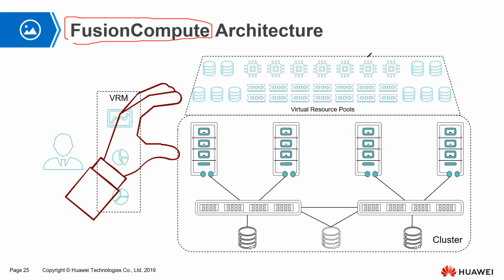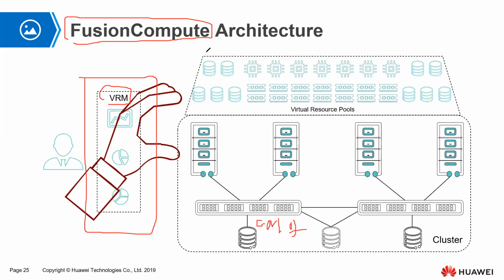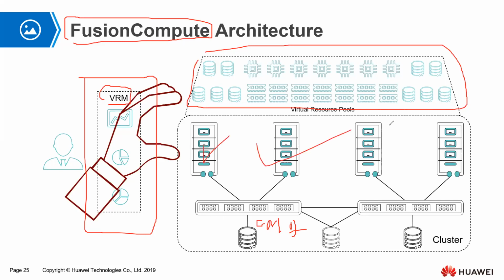Okay, so we have the virtual resource manager, and we're going to be looking at what it does. We also have our CNAs, computing node agents, which are installed on the machines in our cluster. These different machines have different resources connected to them, where we use this characteristic, I don't know if you remember it, where we get all the resources from these CNAs or nodes or physical servers and put them into a resource pool. Who remembers the characteristic or advantage?